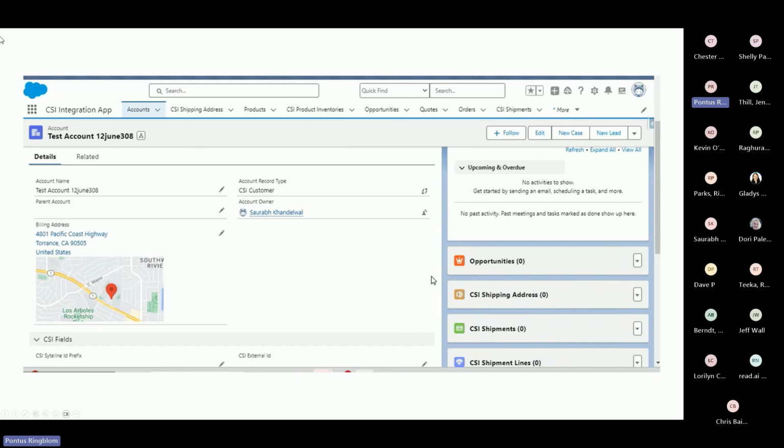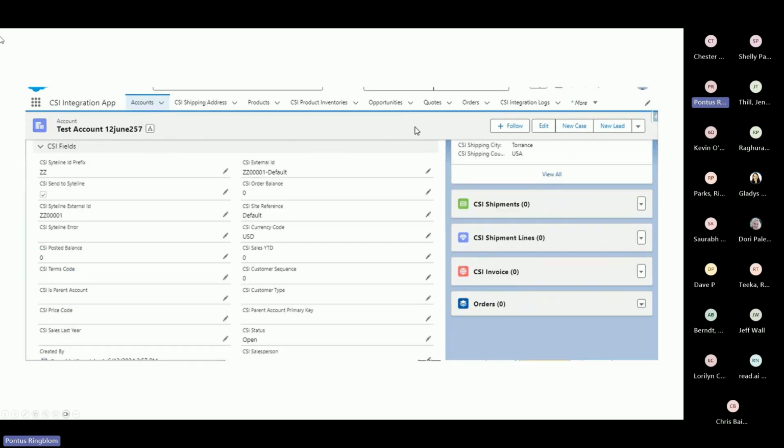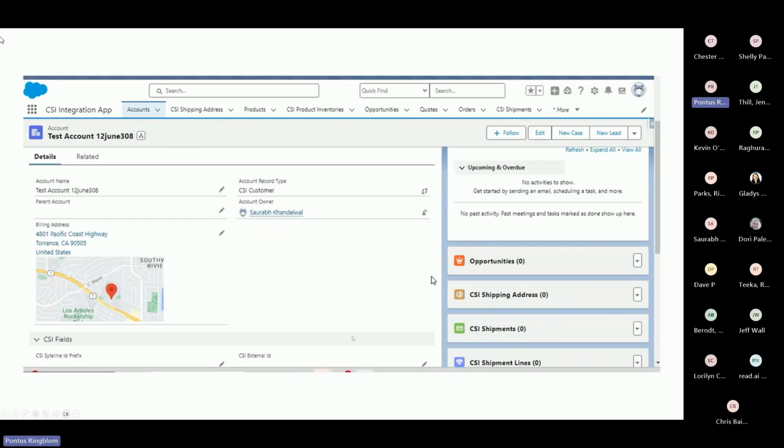So what you see here is an account, and on the account record we can pretty much add anything related to Sightline fields. I think for the next slide, I'll show you more fields. Yeah, here it's just some other fields that you're probably familiar with, Sightline fields, but pretty much anything you see on the Sightline screen, you can push to Salesforce. So you basically get everything related to that